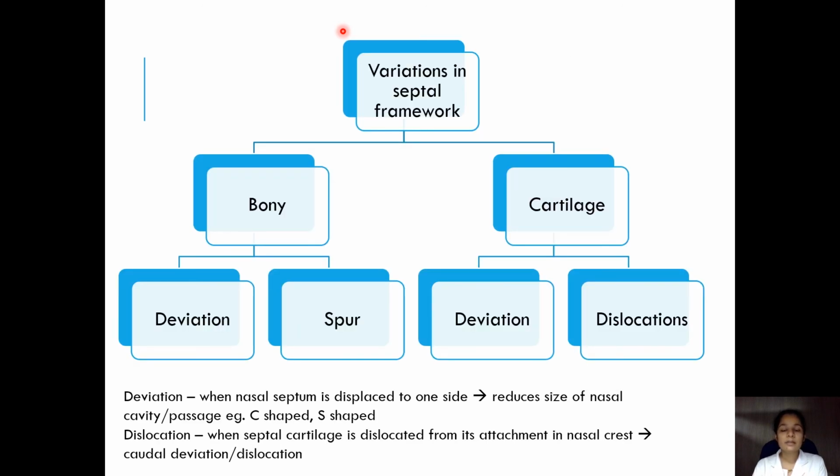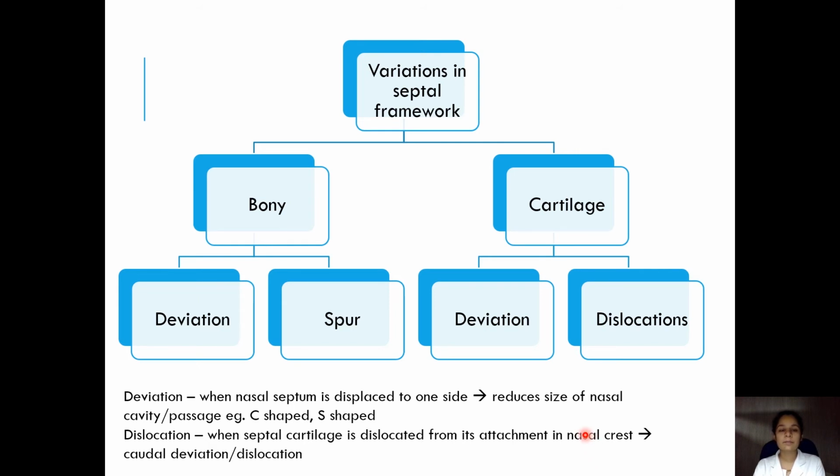They may be bony or cartilaginous. When there is deviation towards one or both sides, it is known as septal deviation, and when there is a sharp deviation with the bony spicule projecting, it is known as a spur. When there is a cartilaginous deviation to one or both sides, it is septal deviation, and when the septal cartilage is dislocated from its anterior attachment in the nasal crest, it is known as caudal dislocation or caudal deviation of